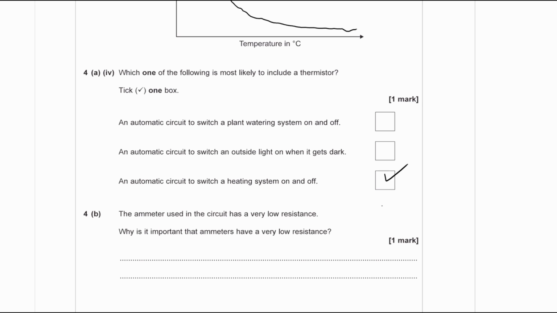So you wouldn't actually be getting a true reading of the current without the ammeter. So this is so that the ammeter itself doesn't affect the current